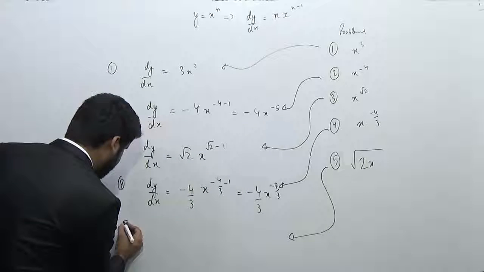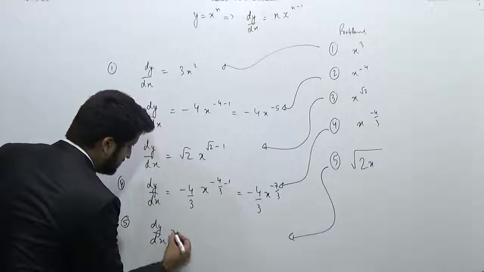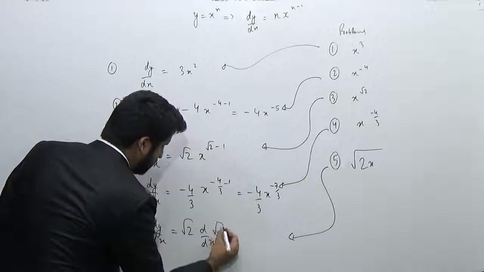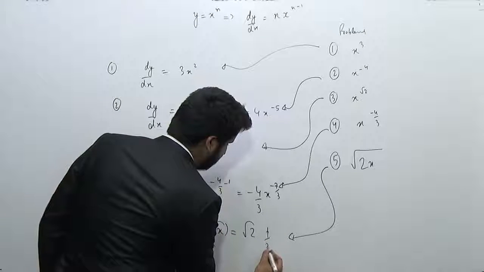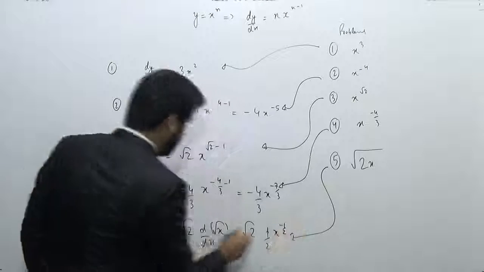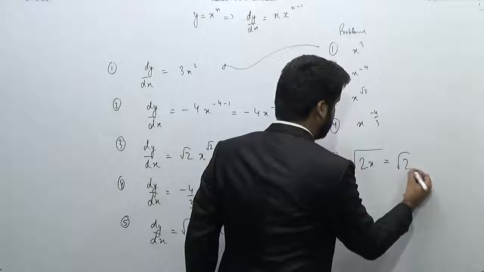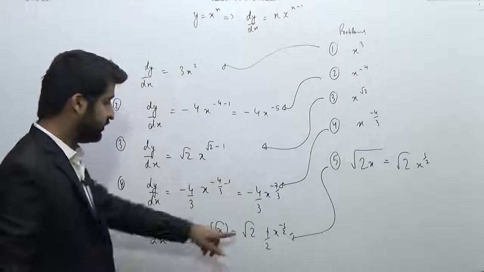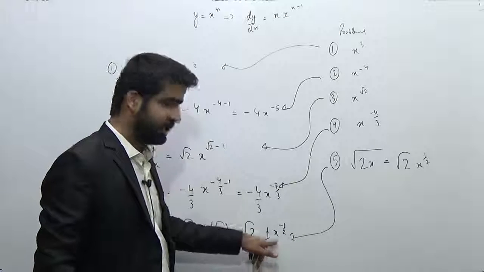Now the function can be written as dy upon dx is equal to root 2 times d upon dx of root x, which is nothing but root 2 times half x to the power minus half, because root x can be written as x to the power half. So the differentiation will be root 2 into 1 by 2 x to the power minus